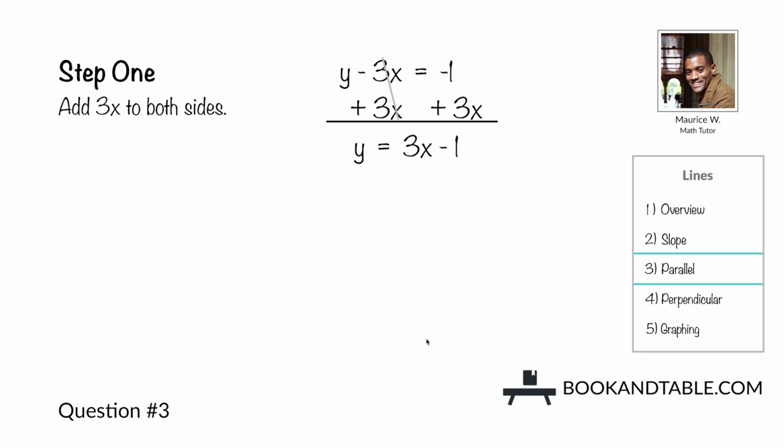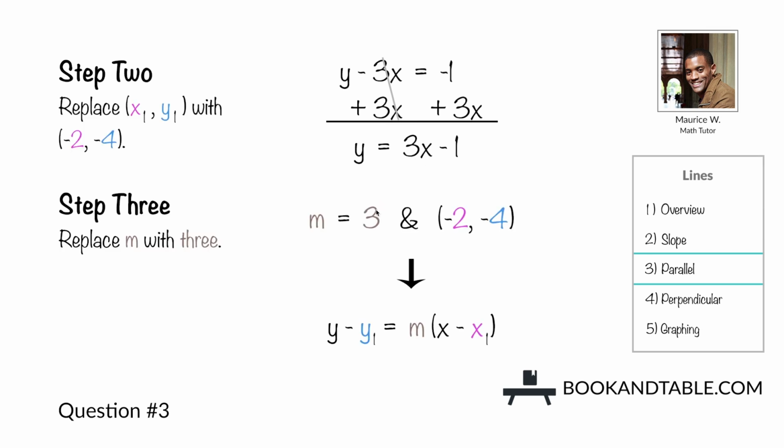And now question number 3. We're given y minus 3x is equal to -1 as the line that is parallel to the one that we are looking for. So we want to change it to slope-intercept form. So step 1, add 3x to both sides, giving you y is equal to 3x minus 1. This lets us know that the slope of the parallel line that we are looking for is 3. And we are given the point (-2, -4) on that line. So if we use point-slope form,